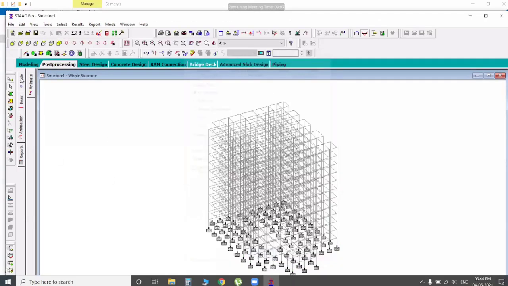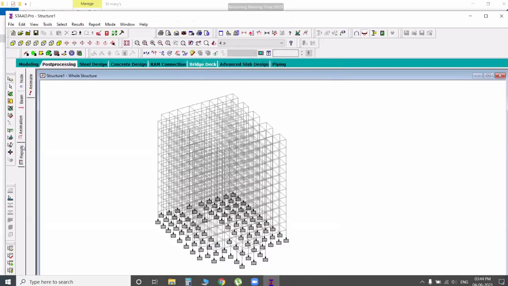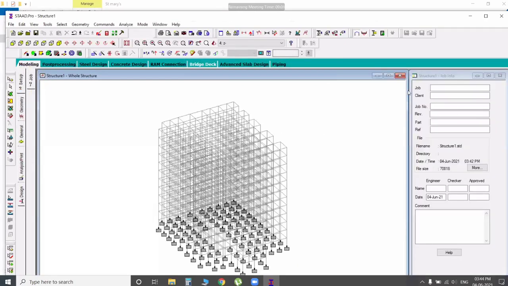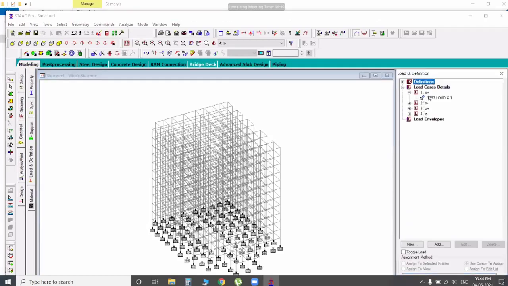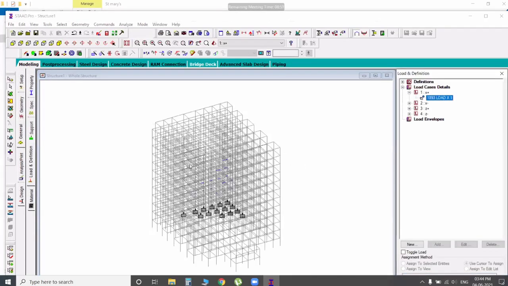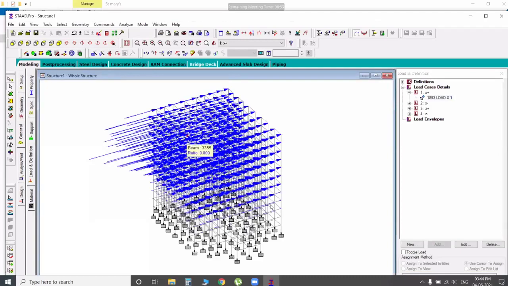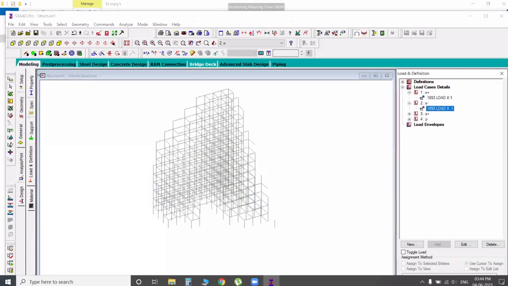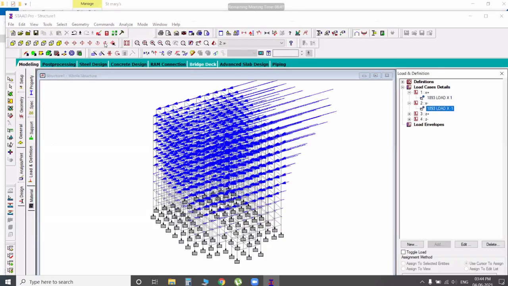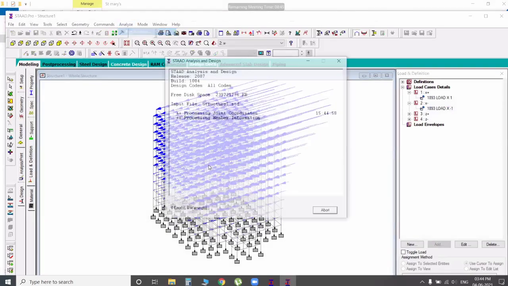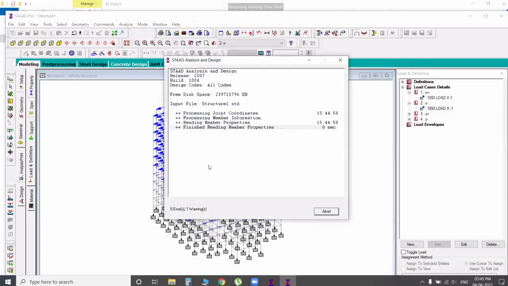Then come back to modeling, general, and X positive, X negative, select like this, arrow marks. Now take it as a screenshot, do the presentations. And if you want the values, post processing only. Otherwise, after completing the analysis, we have 3 options, right?